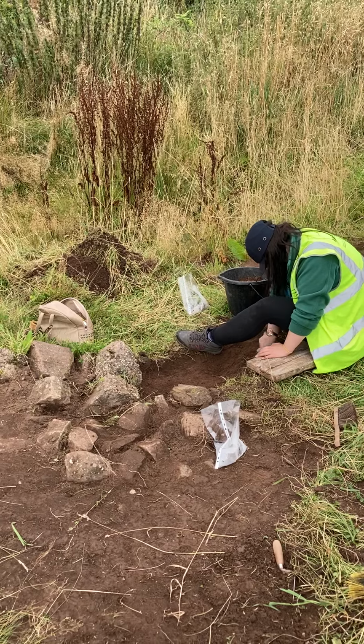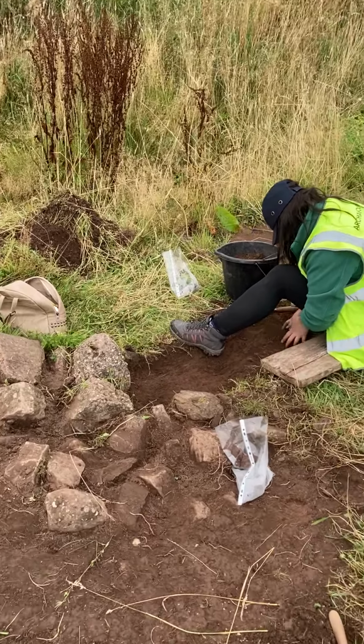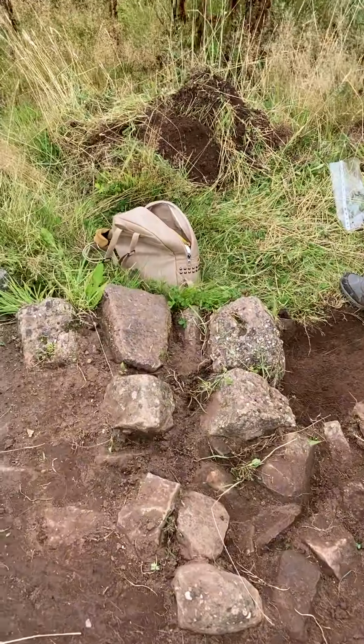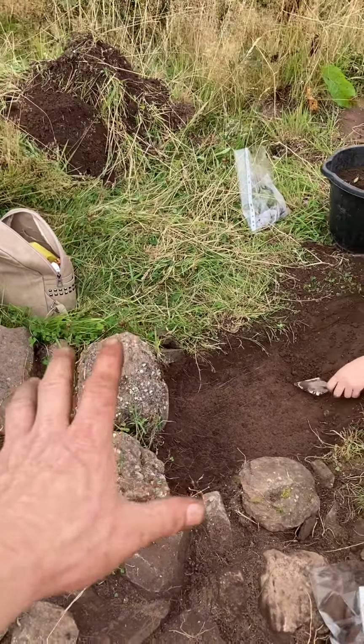Stuart Wilson's excavation. We're here at Trelleck today, and this is Archaeology Company assisting the excavation, and we've got this little bit of the wall here that's been in previous videos, and we're just seeing if there's